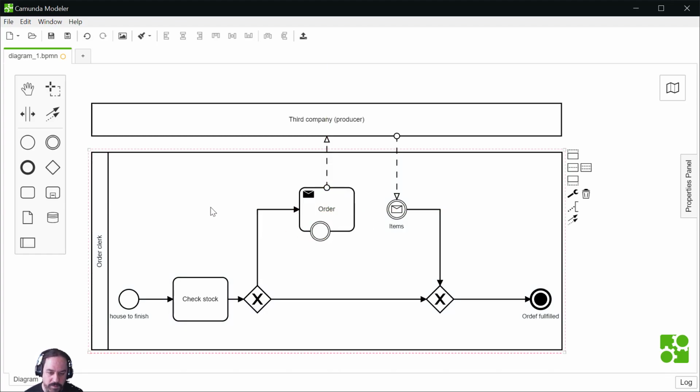So now we have an intermediary event on the border, and there are two kinds of borders here, either dashed or not. Here it's not dashed. That means that this intermediary event will stop the process if it triggers.